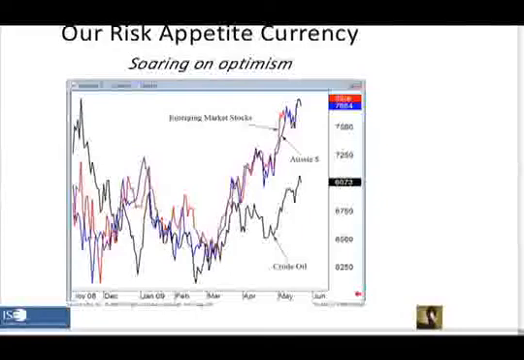So that very, very clearly is showing you the environment we're in. Crude oil is supporting it as a commodity currency. Commodities in general have bounced very nicely off the bottom. So, again,